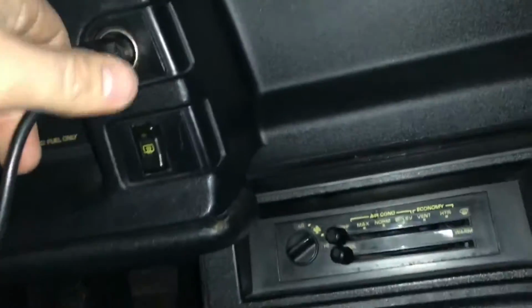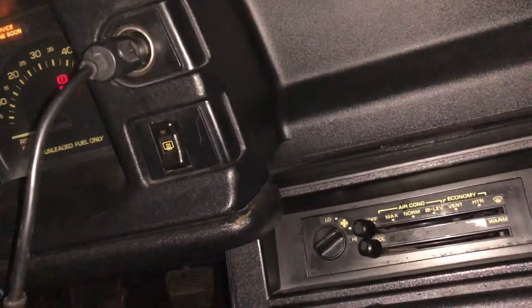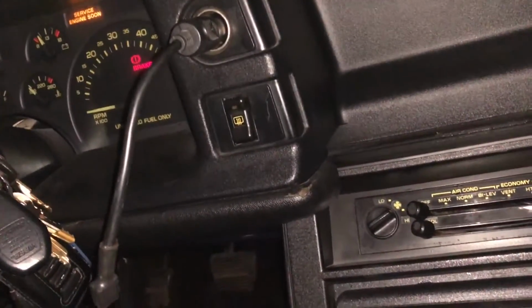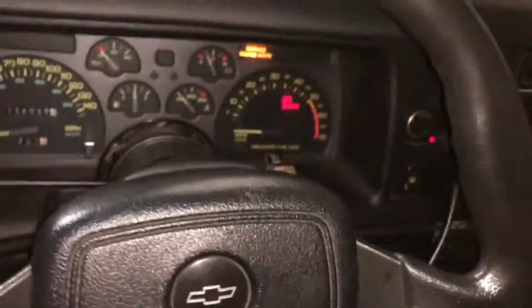So if you listen to the relay over here, key on, you hear it click. So basically the pump's supposed to prime and then the relay turns off. So I know that part of the circuit's working. Right now I got my power probe plugged in. I'm gonna go to the back of the car and see if the pump is working if I jump power, and then see if power is actually getting to the back. I'm hoping it's not the pump because it's kind of a pain to pull the tank out of this car. I don't have a hole made in the back, so